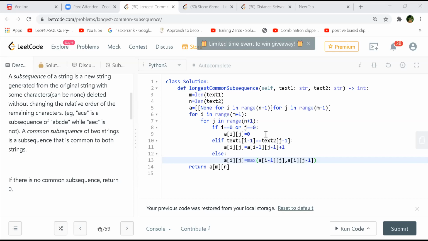Then we can switch to the next one. Let's see if someone has any other approach they want to discuss, or we are good to go ahead. Can anyone go ahead with the top-down approach, like discuss it?